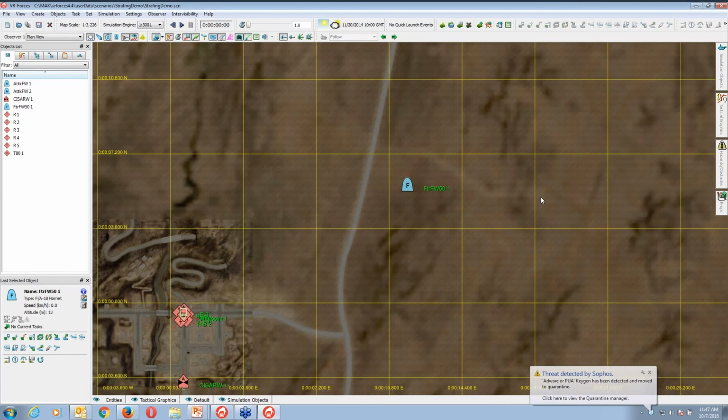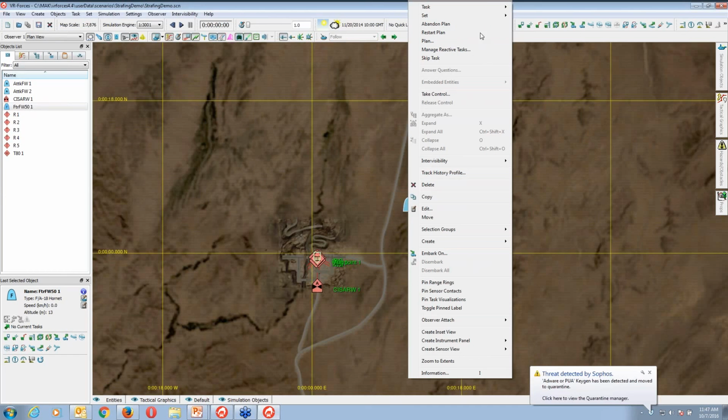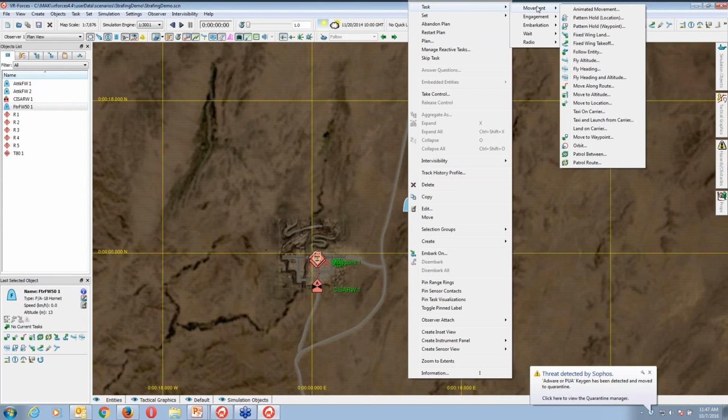Okay, I can give some commands here. Just go to this option, task, movements. For an aircraft, you can see we already have a lot of tasks here: pattern hold, fixed wing land, fixed wing takeoff, follow the entity, fly altitude. Okay, so I'll give move to altitude.